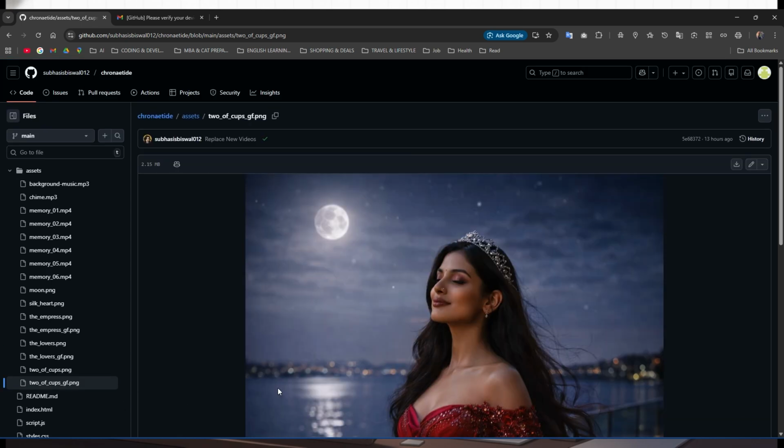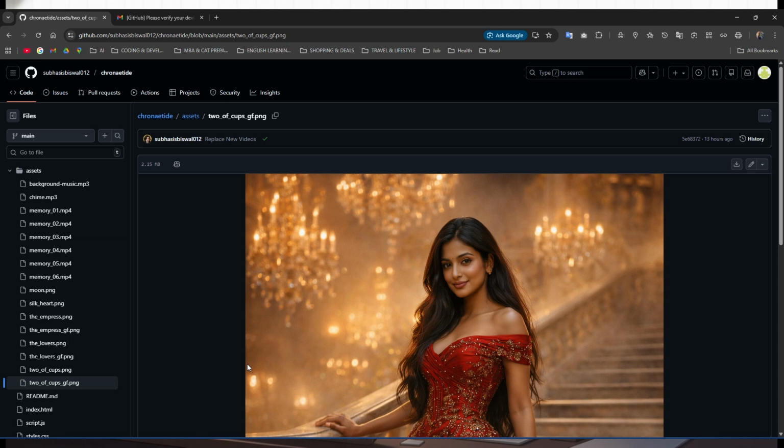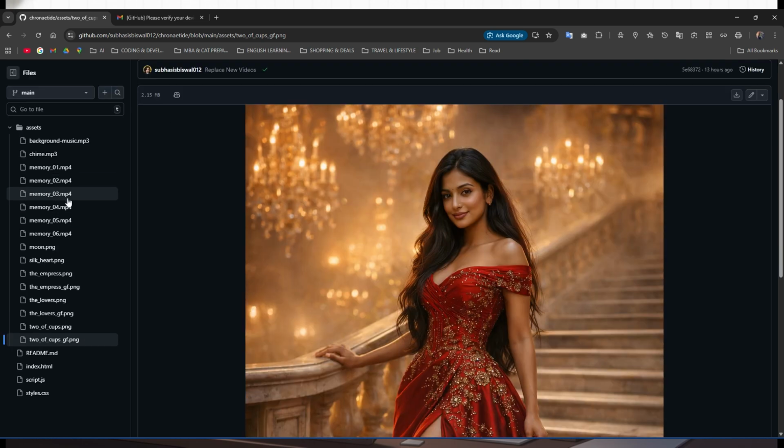Now, this part right here is absolutely critical if you want to avoid headaches. Your media files have to match these exact names. So your videos must be named memory_01.mp4, memory_02.mp4, and so on all the way to 6. And here is the really crucial and kind of quirky detail. For those tarot card photos, you have to keep the _gf at the end of the file name,